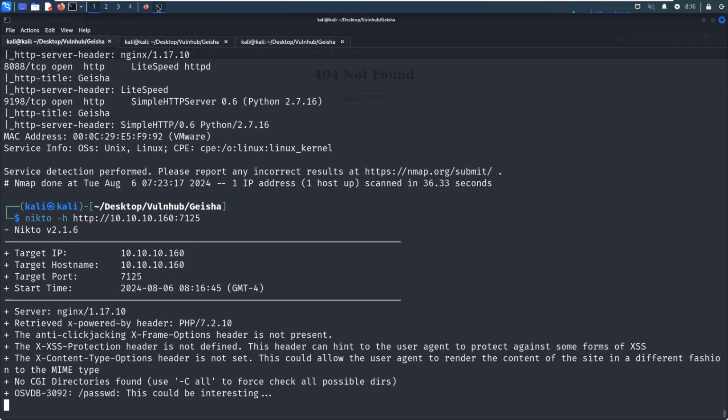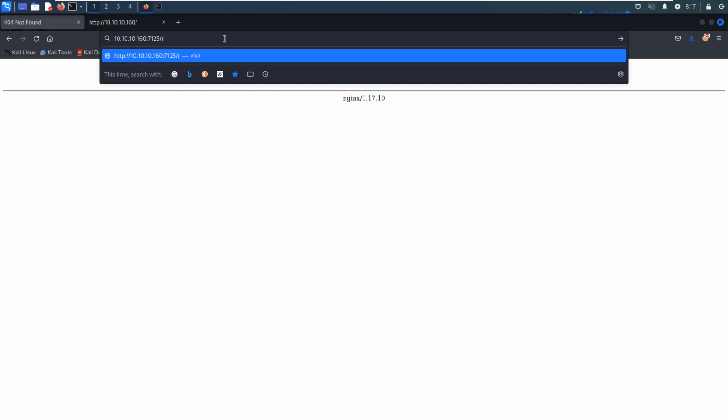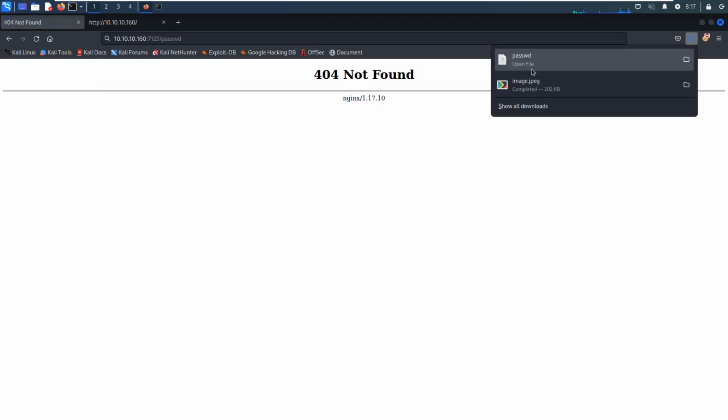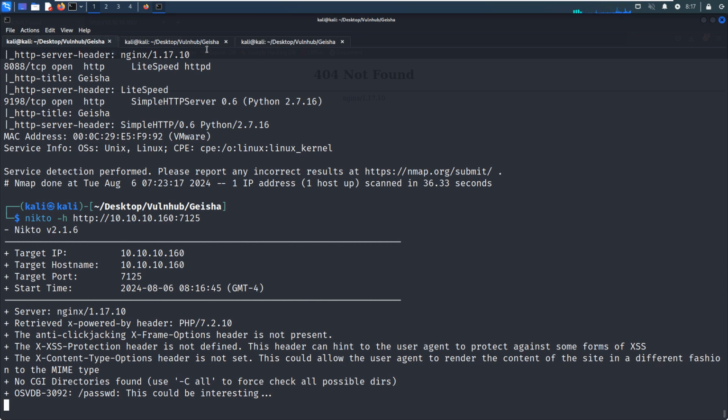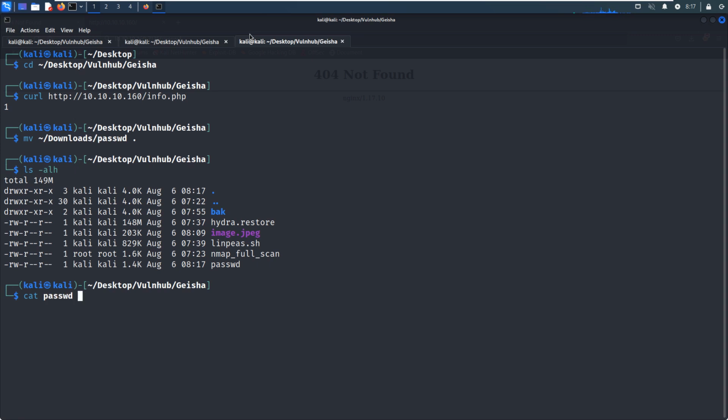Oh, we found this interesting file, the passwd file, and we can download it. We got this file, and then we can move it from the downloads directory to the current directory, and then we can cat this file.